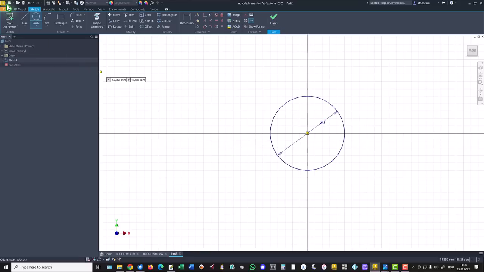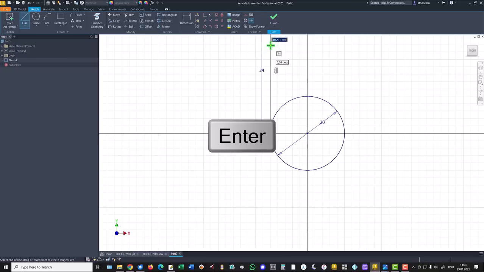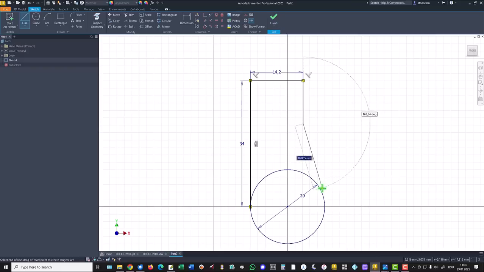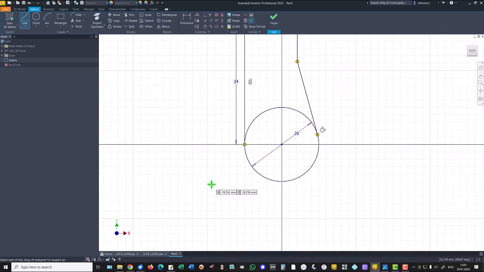then we draw lines. This is 34. When you can, you place dimensions directly. 14.2, we go down, then we look for the tangency. This is tangency. Good. Other line is horizontal,